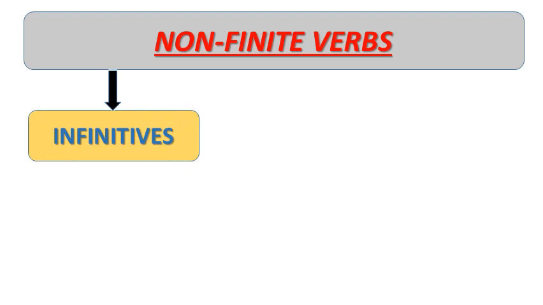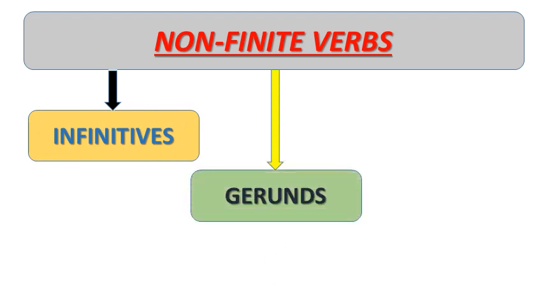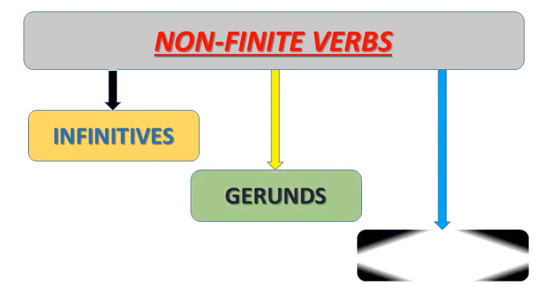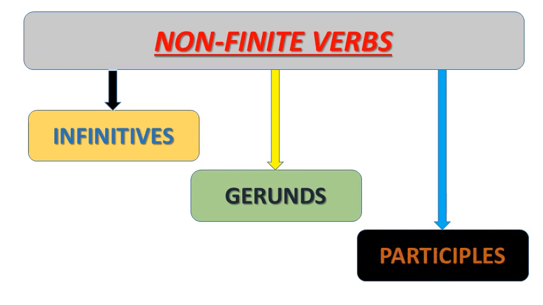So let's see how many kinds of non-finite verbs there are. Number 1 is infinitives. Number 2 is gerunds. And the last one, number 3, is participles. So there are a total of 3 kinds of non-finite verbs: infinitives, gerunds and participles. As this chapter is based on infinitives,